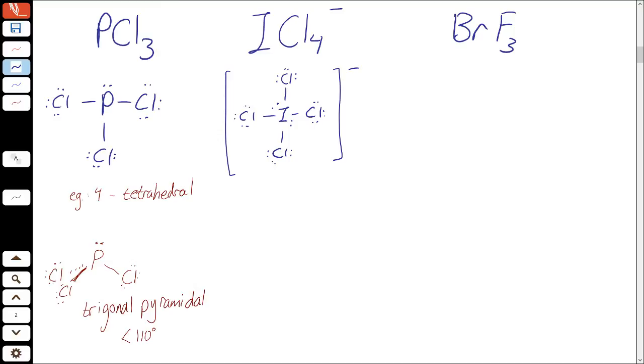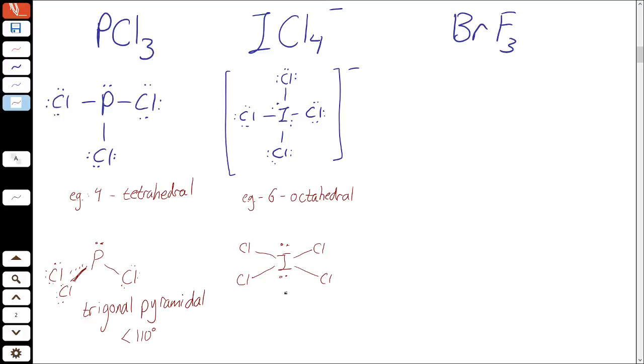Total electron groups there? 6. So what does that make our electron geometry? Octahedral. So if we draw this, we're going to put the I in the middle, and our octahedral geometry means that our lone pairs are going to take opposite positions on the octahedron. And that leaves us with this kind of geometry,